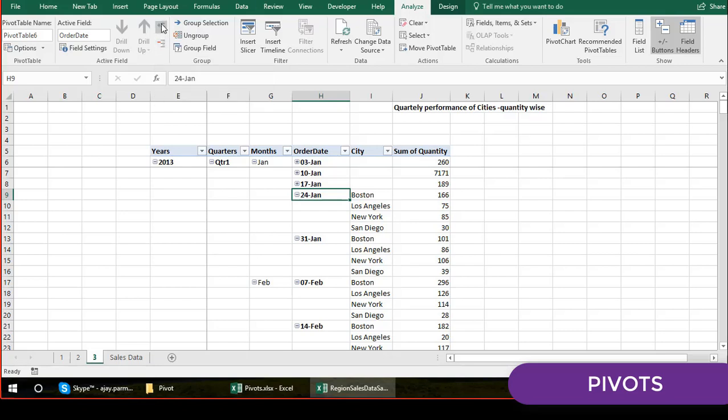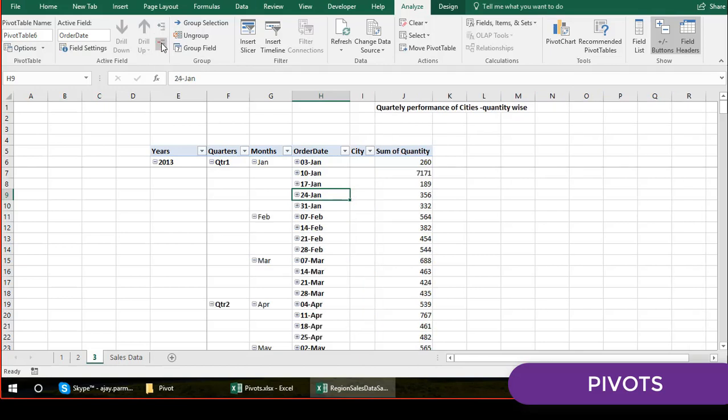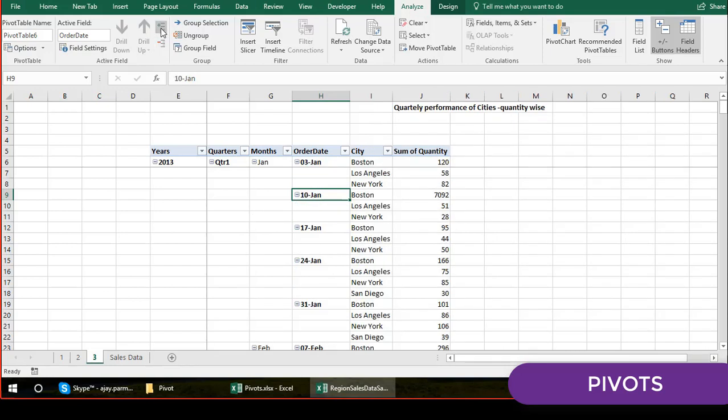If I say expand, you see everything will be expanded. If I say collapse, you see in one go all the dates are collapsed. I can't see now what is inside the date. So if I click here, you see I have the cities coming here, right?